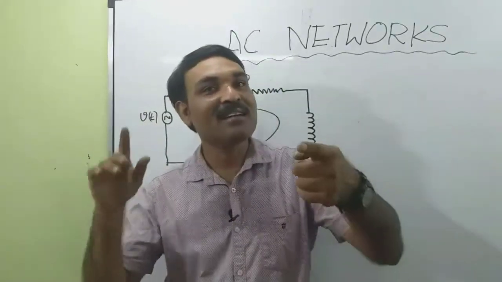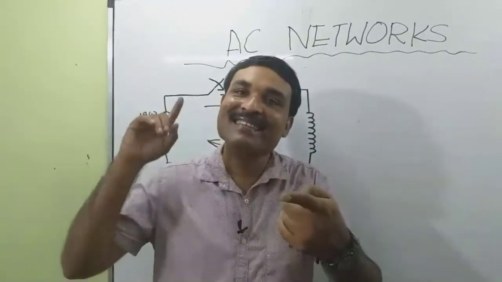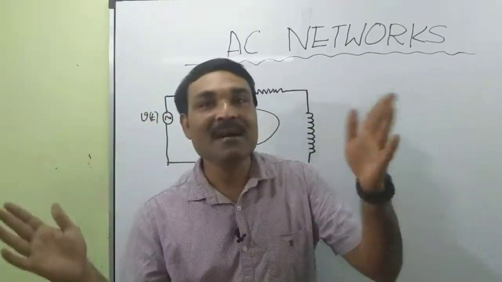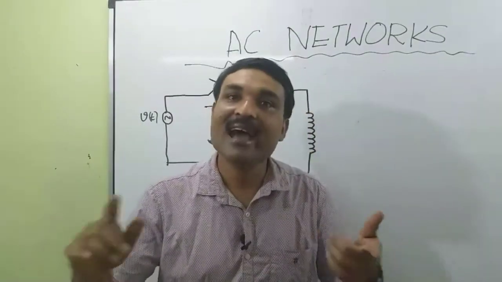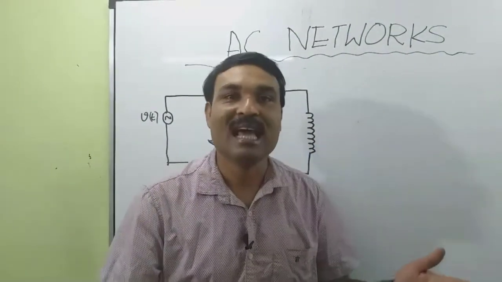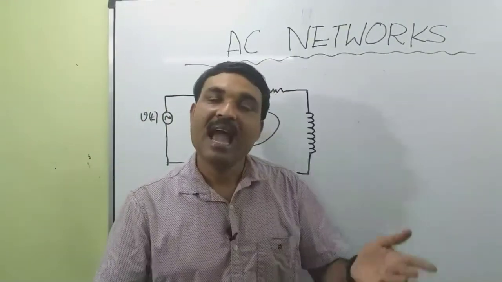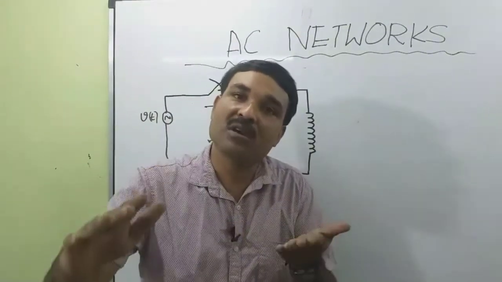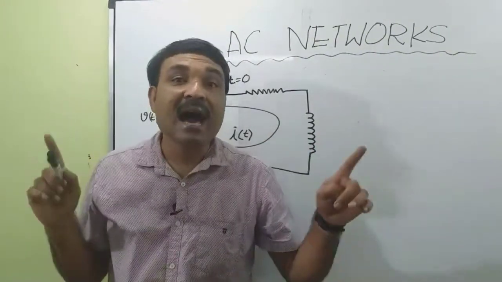The transient part is due to the energy storing elements such as inductors and capacitors. These elements can't change stored energy instantly. That will result in a transient response. And the steady state response is due to the input. The transient part will die out as t tends to infinity. First we are going to discuss the RL network.